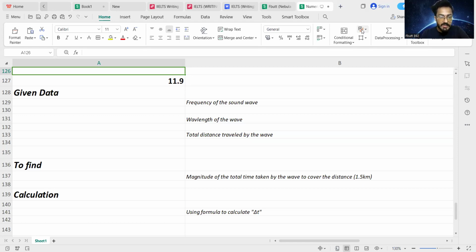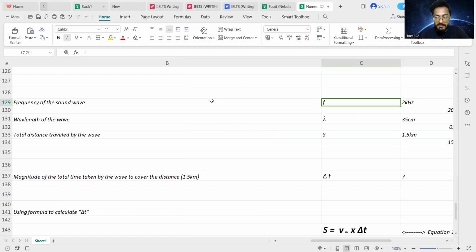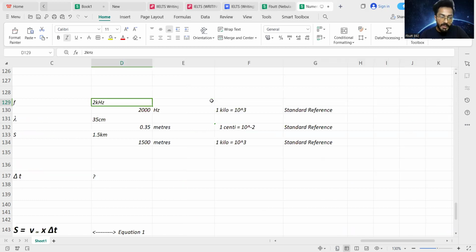The examiner has given us the magnitude of the frequency of the sound wave, which is small f, equivalent to 2 kilohertz. In the SI system, the unit used to express frequency is hertz. To convert kilohertz into hertz, I have to substitute the value of kilo, which is 10 to the power plus 3. I have put the standard reference on the right hand side of the paper: 1 kilo is equivalent to 10 to the power plus 3. So by replacing the value of 1 kilo, I get